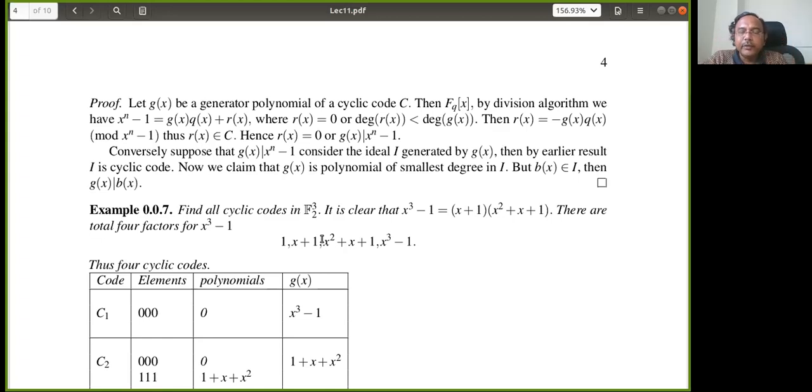With the minimum n, I want to maximize k, so k is almost equal to n, and the distance d also needs to be very good. K has to increase, and the distance also needs to be very good. Are you following? That is the goal, how to construct them. That is not easy, that is very, very tough. People came with different techniques, and that is the entire beauty of these codes.